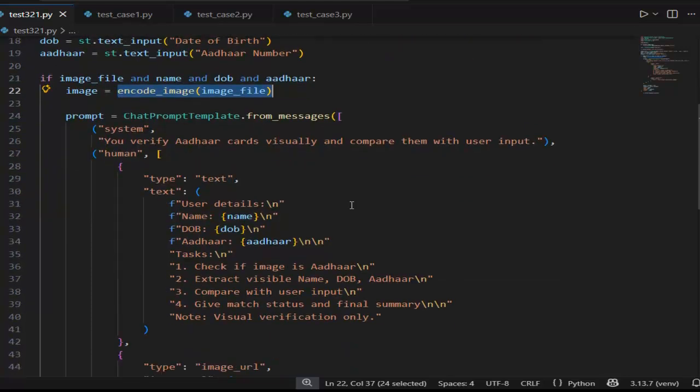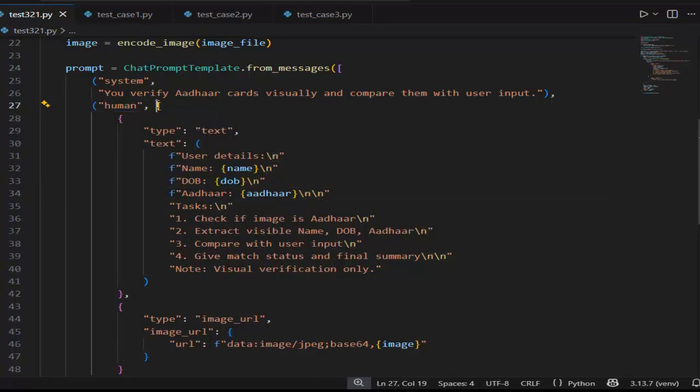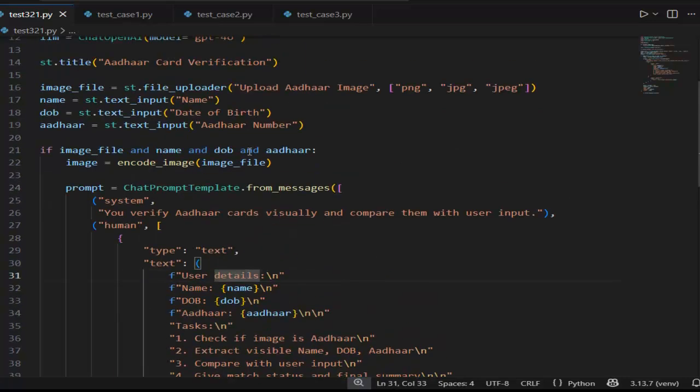Now here is the core logic. Here we are defining the prompt that you can see using the ChatPromptTemplate class. You can see the system message and user message: the system message is to verify Aadhaar cards visually and compare them with user input. And you can see the human or user message. The human message includes user-entered details that you can see: user details, name, date of birth, and Aadhaar number that we are taking from here.